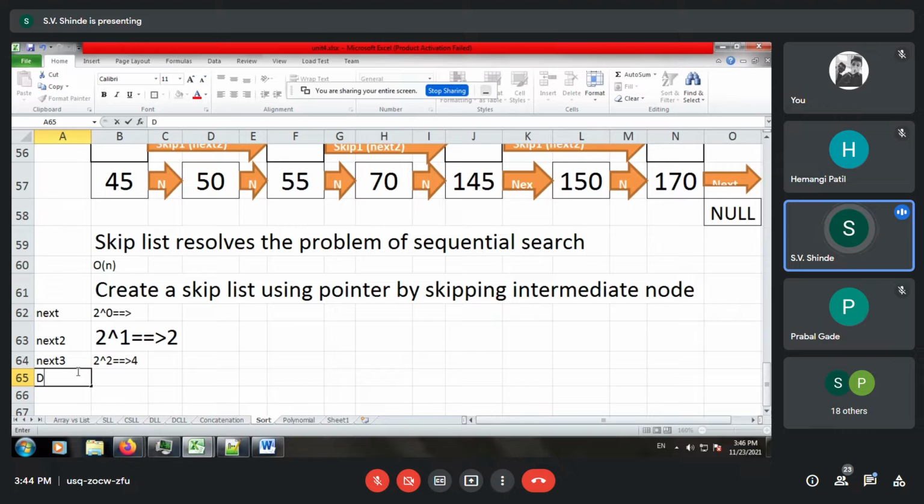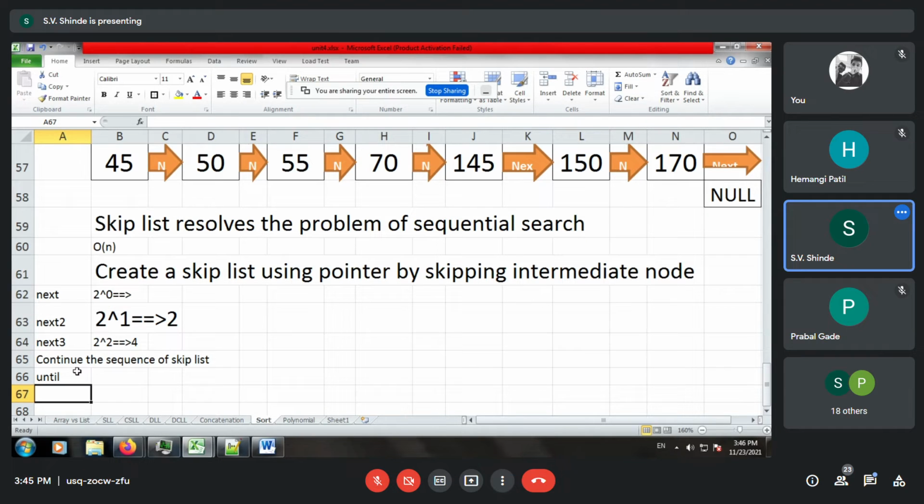So we continue the sequence of the skip list until the head and last node are directly connected.